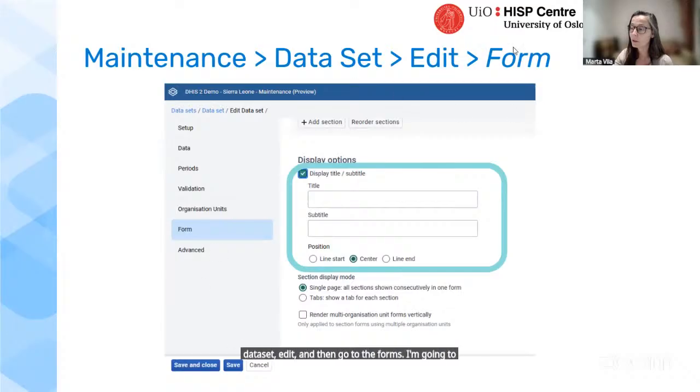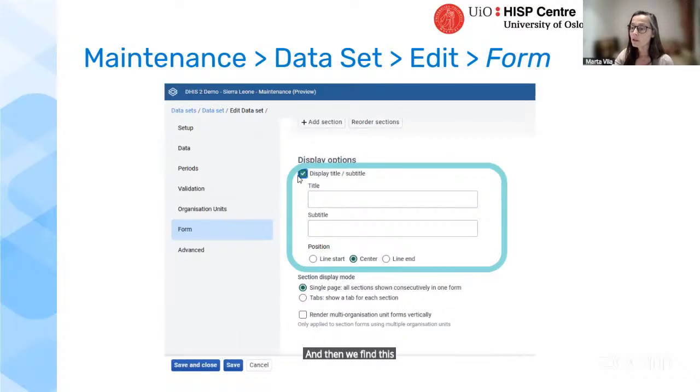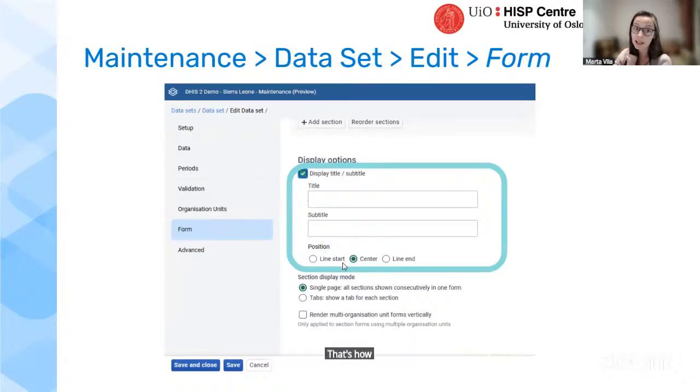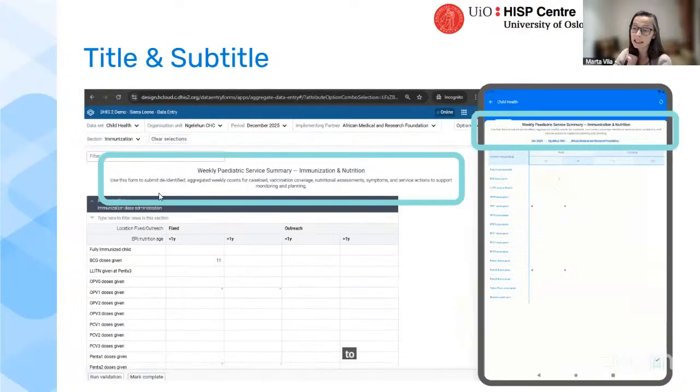I'm going to show you in a minute the new maintenance app. And then we find these display options, display title and subtitle. And whatever text we put here and however we configure the alignment, that's how it will display in the dataset. Meaning we will move from a form like this to a form like this that has a title and a subtitle. So let us have a look